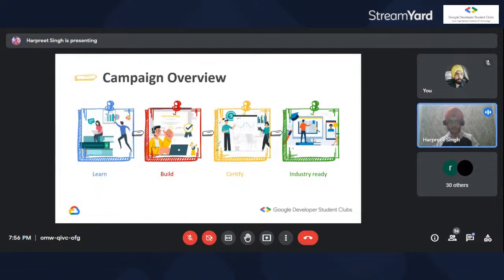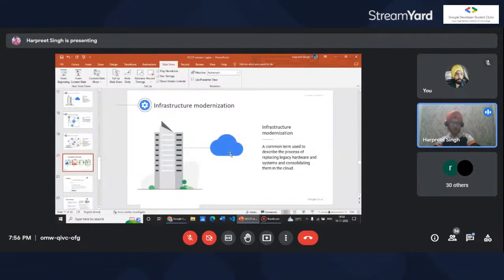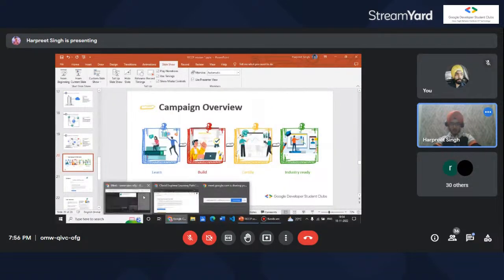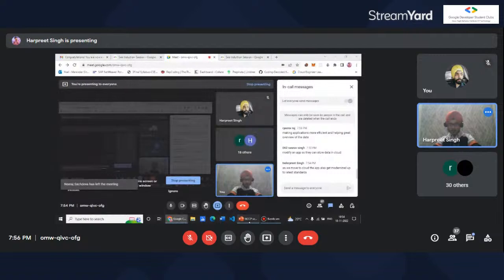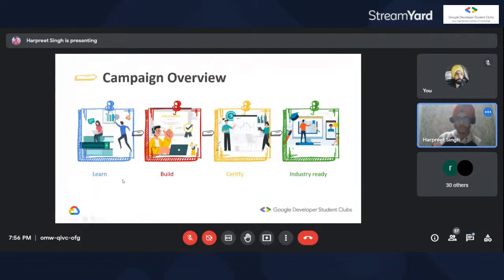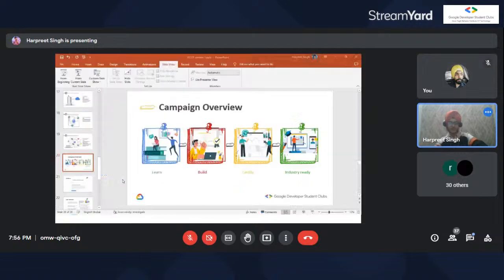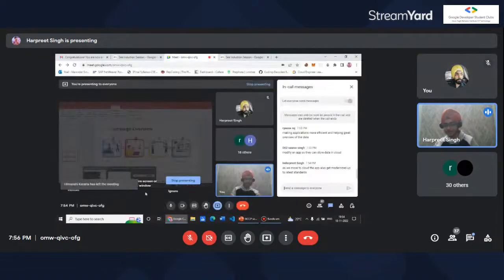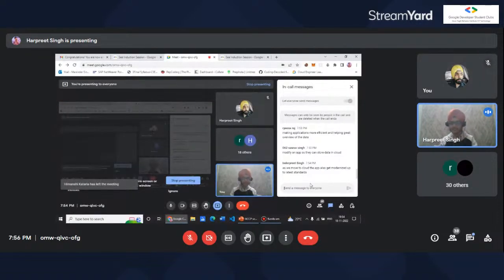So these were the theoretical things that we have covered so far. Okay, so we have covered the theoretical things. Now let us come back to the campaign which we are running, that is Google Cloud Career Practitioner Program. So what you will be getting here. Okay. So first of all, let me ask you, what do you think, why have you registered for the GCCP program, or what will you get out of it? Answer in the chat box.